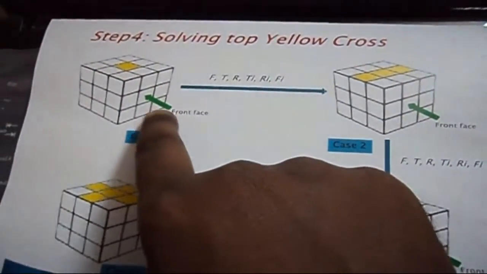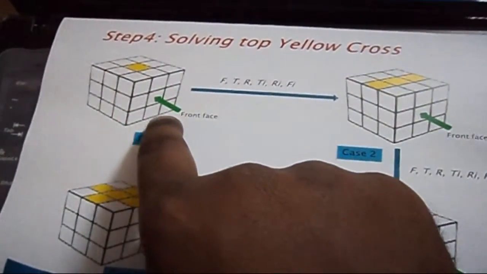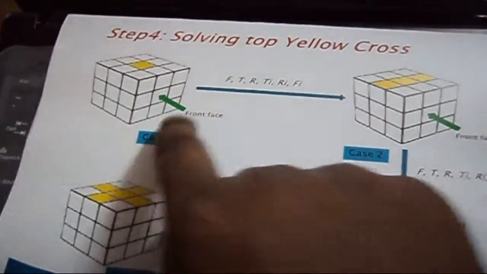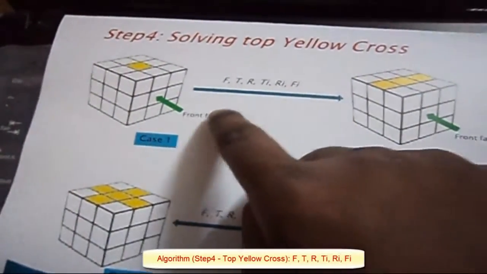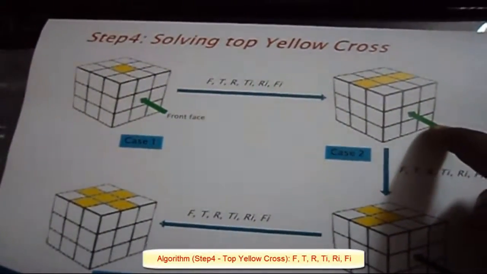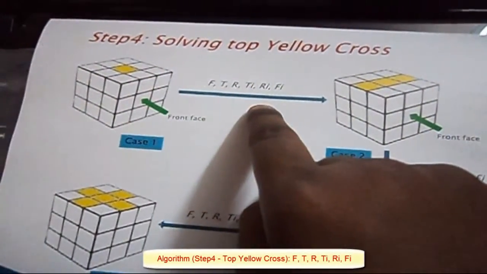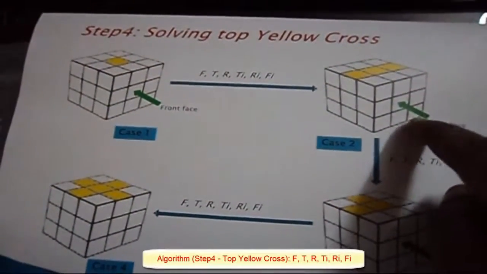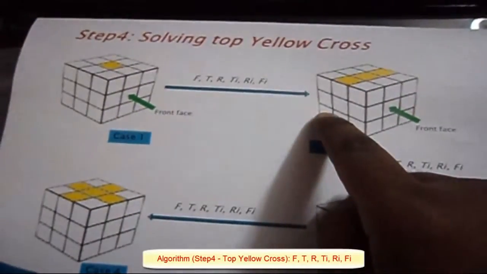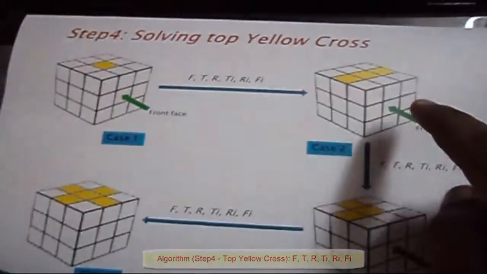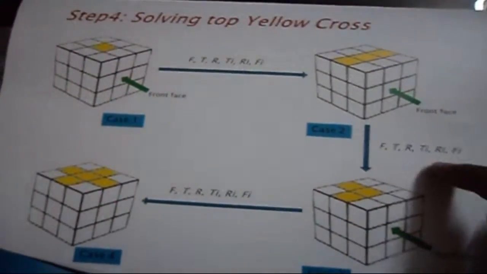So if we have the cube in this particular state, then we need to perform the algorithm that I have stated here to get this particular cube this way. So if we have a cube like this, then perform the algorithm to change the cube this way. Once after performing the algorithm once, this kind of cube will change to this, and again we perform the same algorithm again,